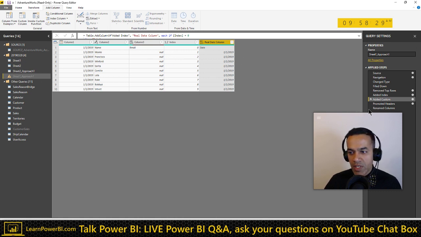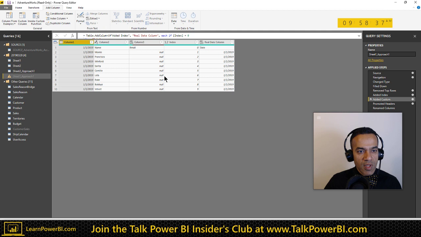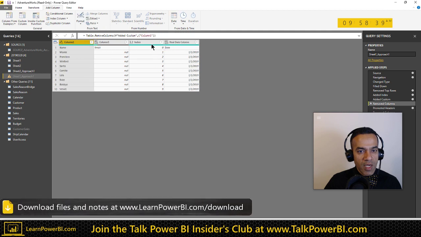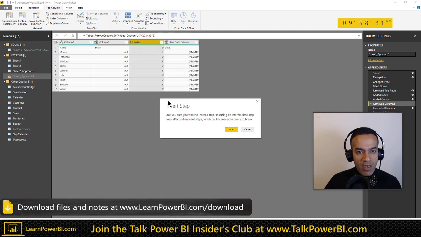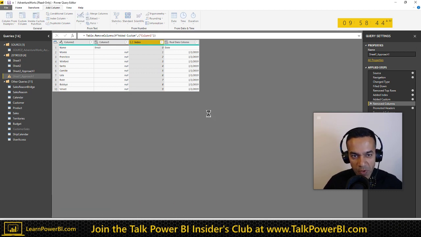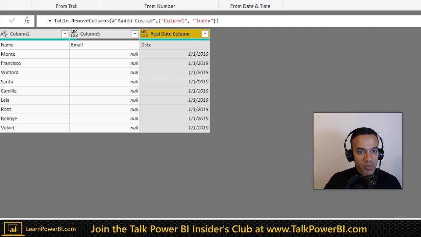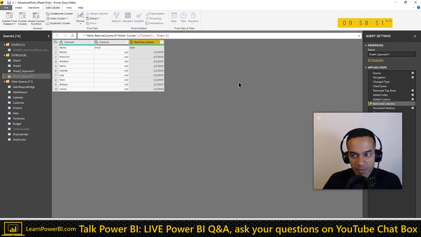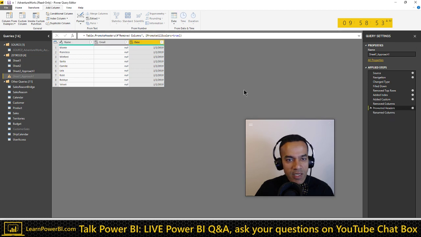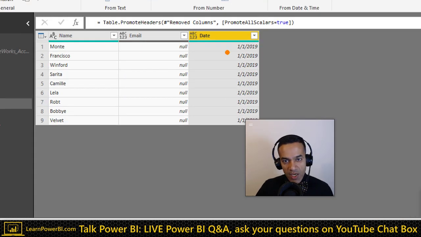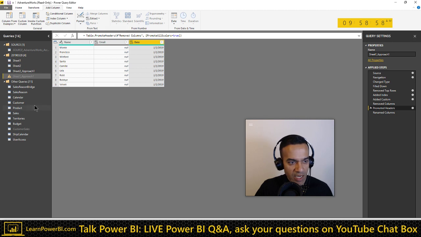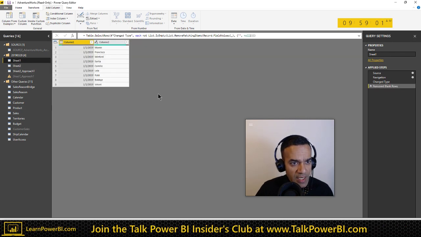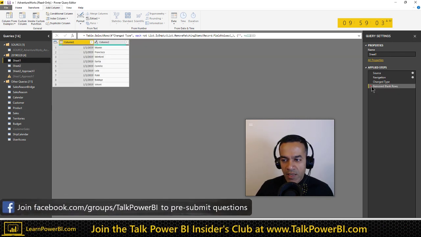So this works. And now what we can do is delete this one. We don't need that. And index, we don't need index as well. And I love this part: notice that we were using index to build this column. Date had the logic of index in there, but after you're done, you can delete it. And now if we promote headers, now we have consistent headers. So yeah, this kind of works. This is approach 1. Let's see if there is another way to do it.